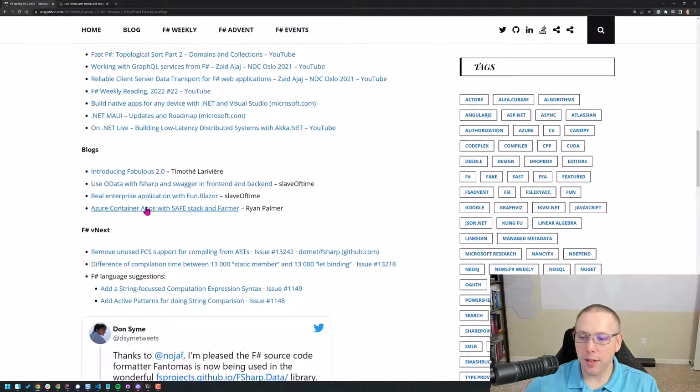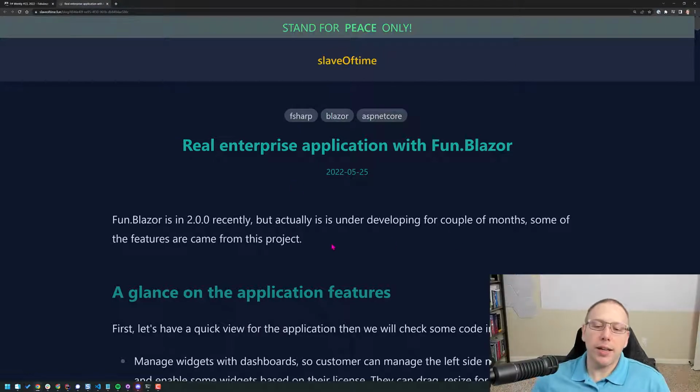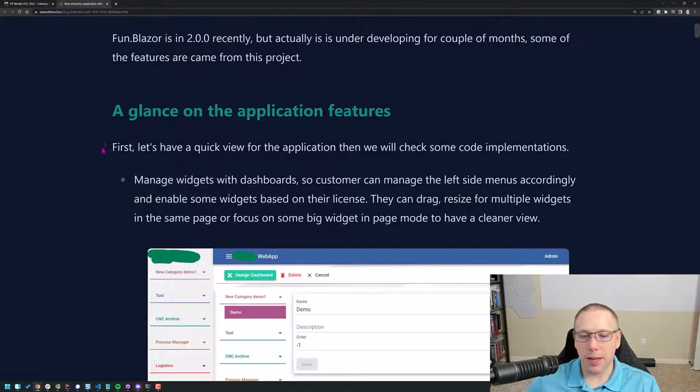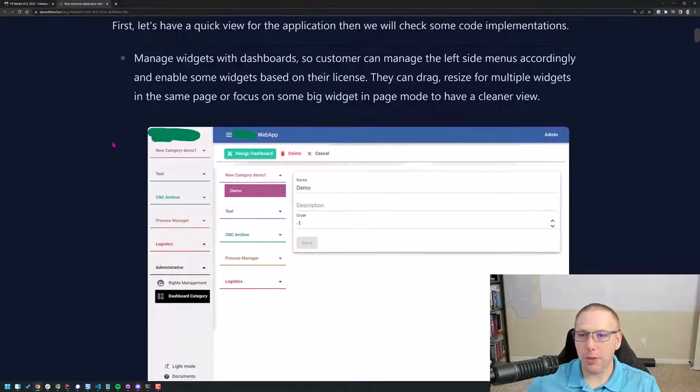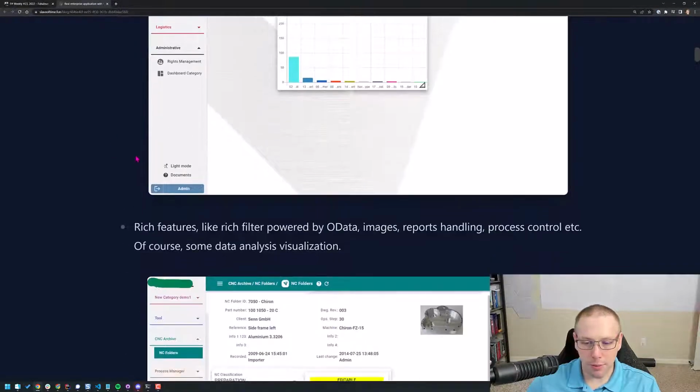Next, we have real enterprise application with fun.blazor. This is a blog post talking about creating enterprise applications using the fun.blazor library. Apparently it just went to a 2.0 recently, but has been under development for a little bit. So at a glance, we're looking at what's going on here. Widgets and dashboards,